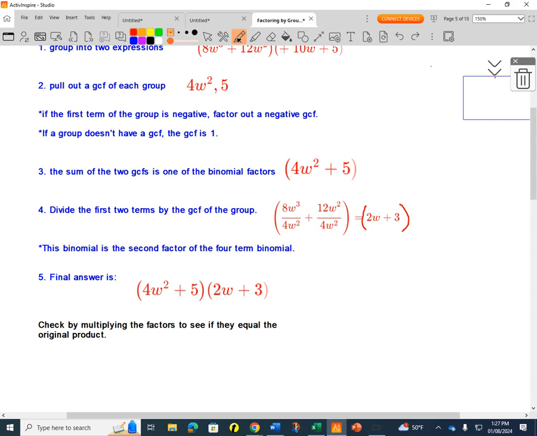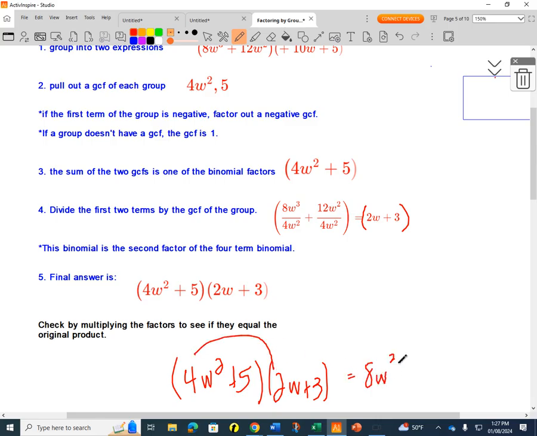Multiply them and see if it's correct. So 4w squared plus 5 times 2w plus 3, 8w cubed plus 12w squared